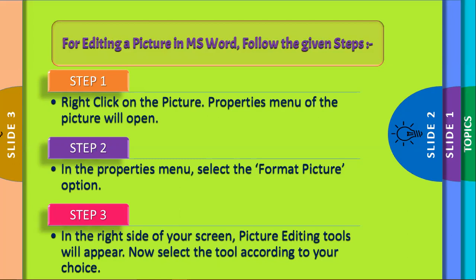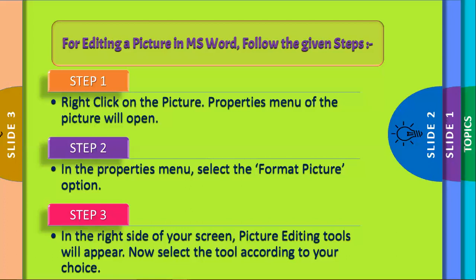In that properties menu, you need to click on the format picture option, which is available at the bottom of the menu, the last option. When you click on format picture, on the right side of your screen, the tools for editing a picture will appear.